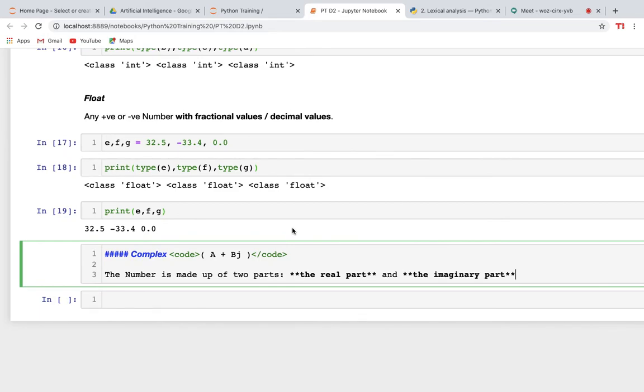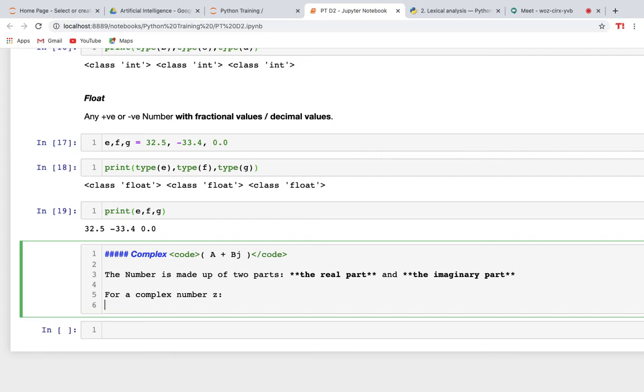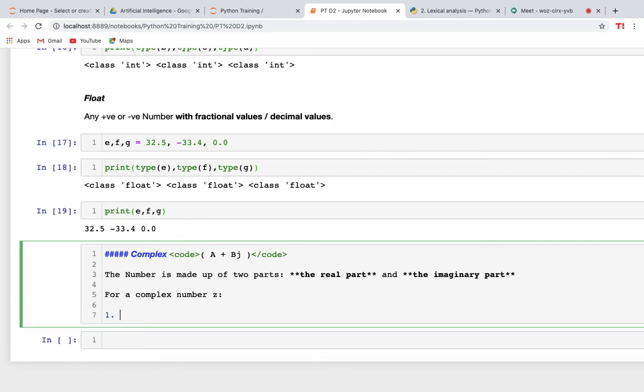So real part and imaginary part. Now you can retrieve both. Let's say for a complex number, let it be z, the z dot real gives the real part of the number,